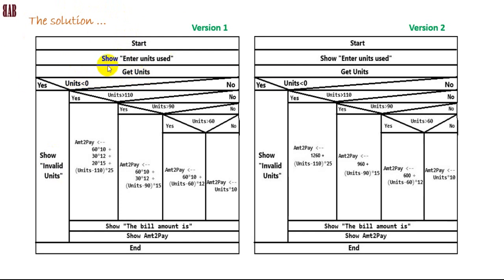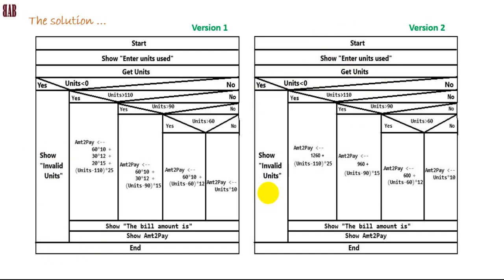So in case the user types a negative number, the first decision box checks to see whether it is a negative number. Is the units less than 0? If yes, show invalid units and come here and terminate. Nothing else will be done. So in both cases, it will be the same. If you enter a number less than 0, yes, done. Right? But the difference between the two versions here is, if you look at, I have provided different